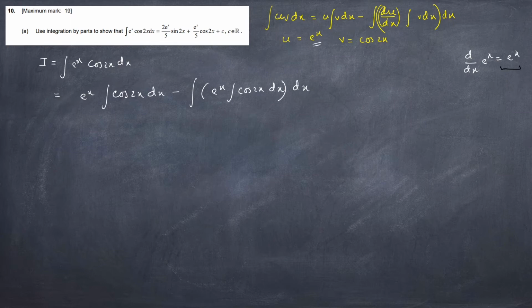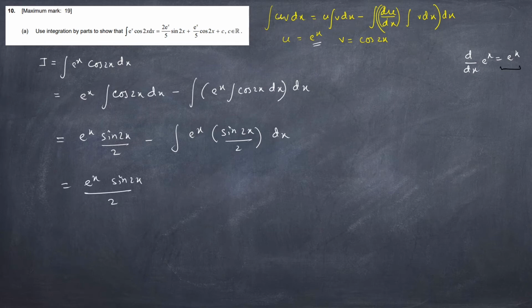Now we need to calculate this. So here it will be e to the power x, and integration of cos 2x is equal to sine 2x by 2. This is just by practice you can know all these things. And it will be e to the power x minus, again, here it will be sine 2x by 2 dx. So we are getting e to the power x sine 2x whole divided by 2 minus integration minus half of e to the power x sine 2x dx.